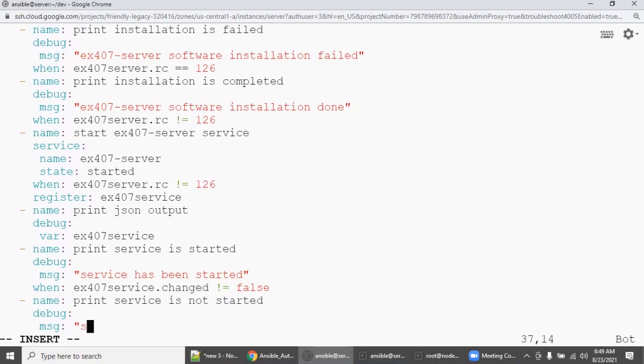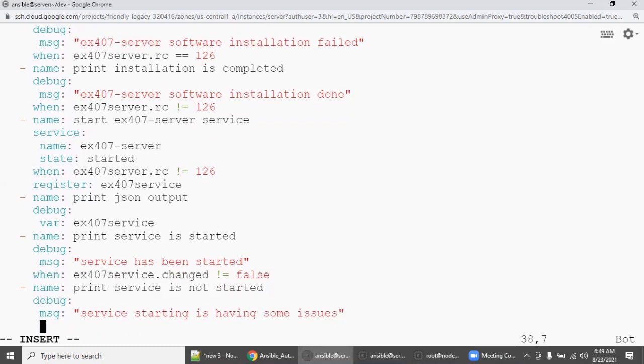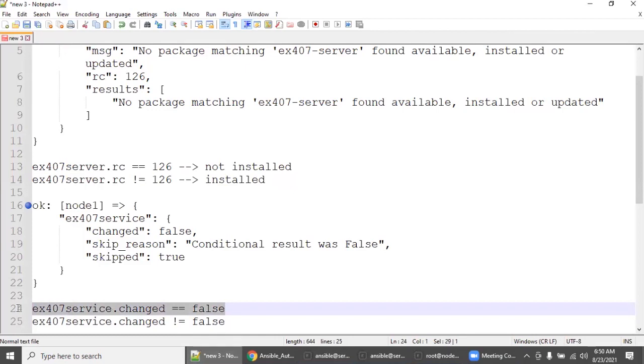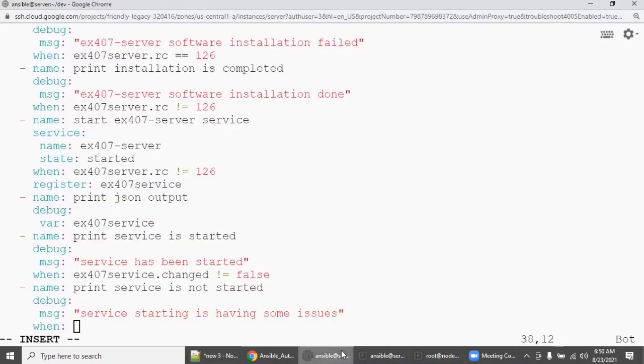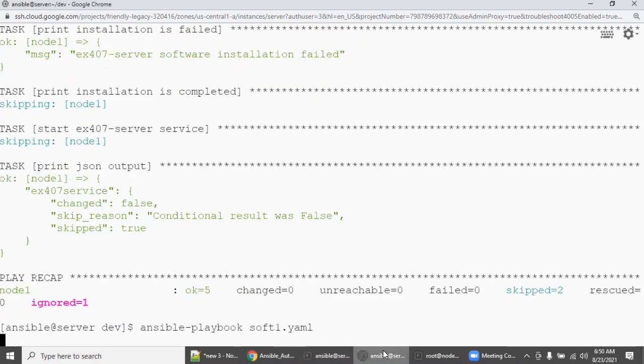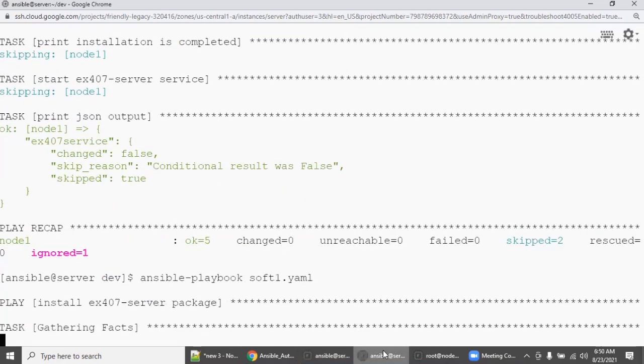So service starting is having some issues. And then when. So there is a condition. Copy this, go here. So now you save it, execute the same, and see the relevant messages are getting printed.